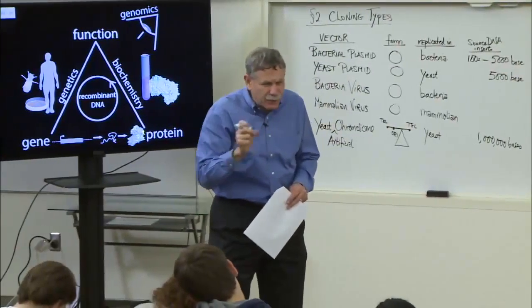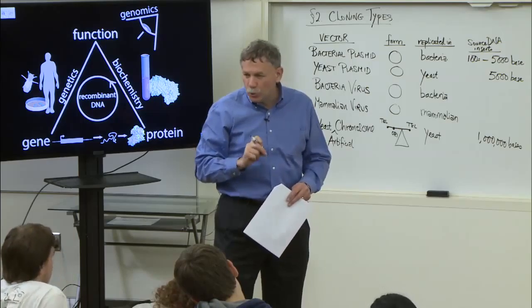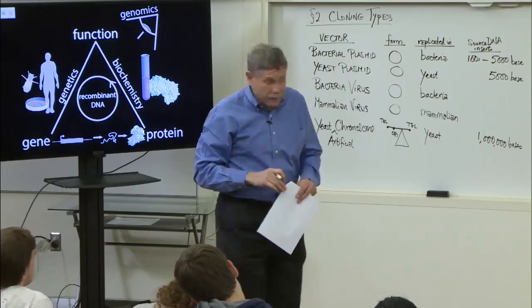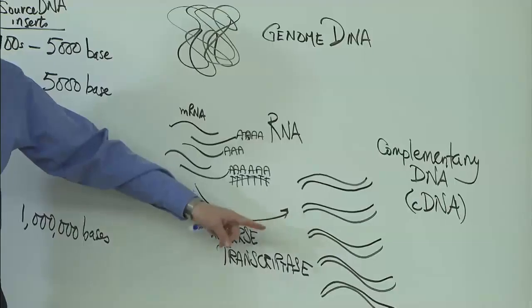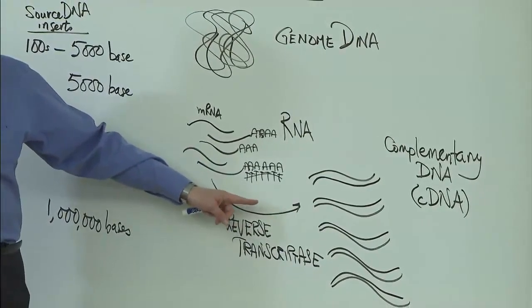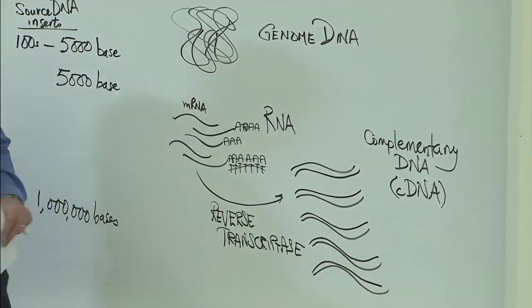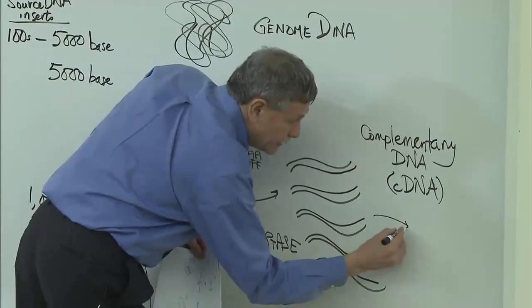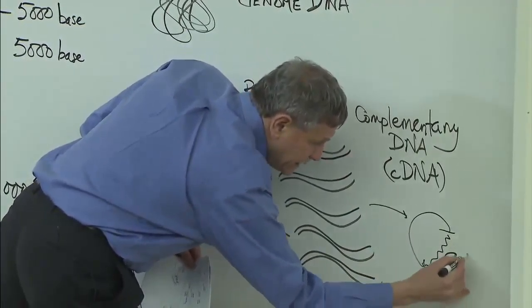All these little tricks we learned about how life works all turn out to be tools for the engineer. So we take RNA, which has poly-A tails. We use T as a primer. Reverse transcriptase copies back, then we copy back this way, we get double-stranded, and then we clone this into our vectors. And now we have cDNA